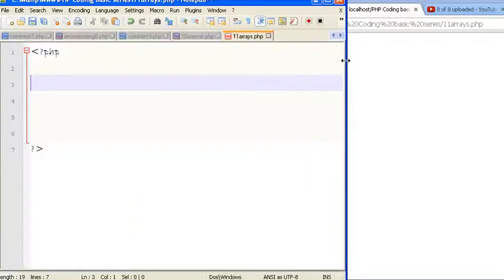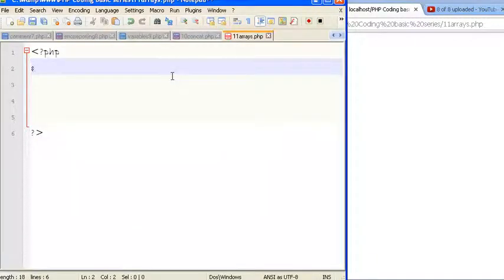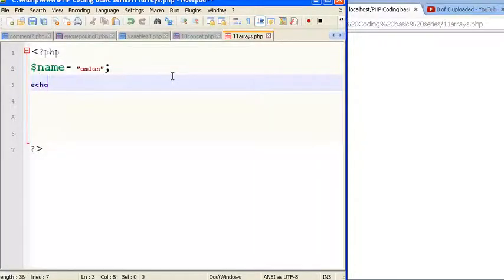Okay, so what are arrays? Well, typically we have already studied variables. What are variables? If I was to store my name inside this variable, which I write as name, you will see that I can store only a single value. Obviously, if I echo it out,